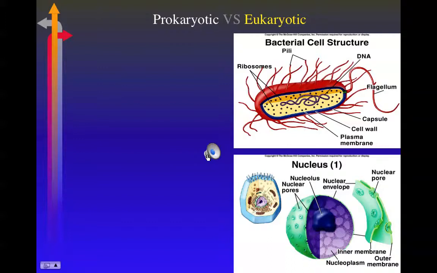When comparing prokaryotic versus eukaryotic cells, we find not only do we have no nucleus in a prokaryote and a nucleus in a eukaryote, but in the prokaryotic cells we would find no nucleolus, or plural, nucleoli. There are no extrachromosomal sources of DNA in organelles, but instead extrachromosomal DNA in a prokaryote would be found in tiny little rings of DNA called plasmids. Cell division, or the reproduction of cells, occurs by binary fission in prokaryotic cells.